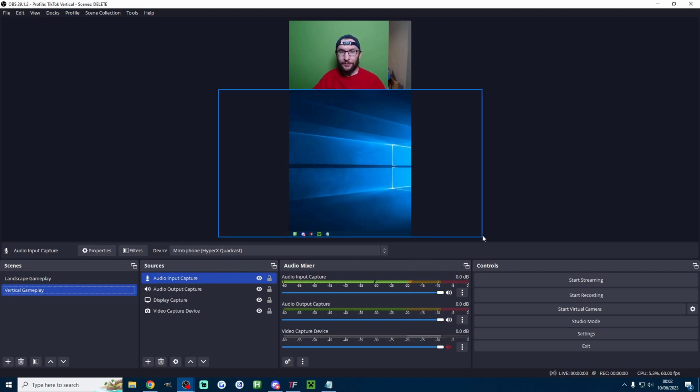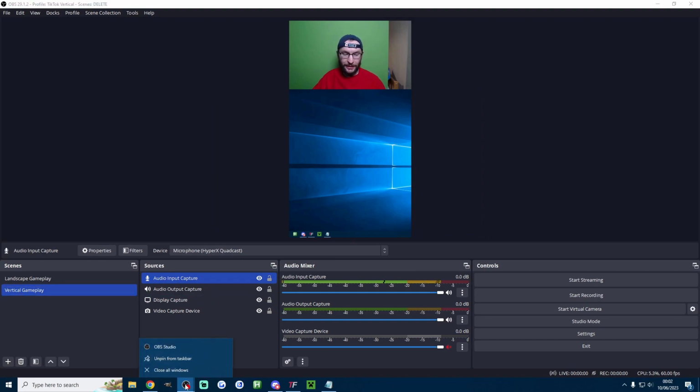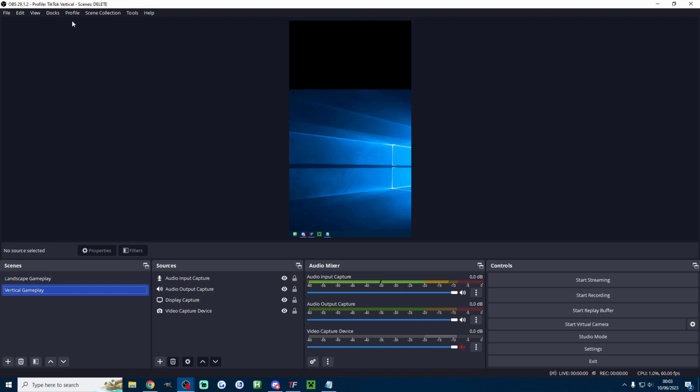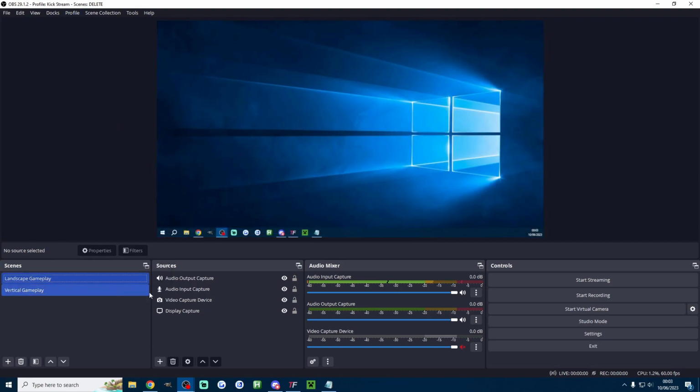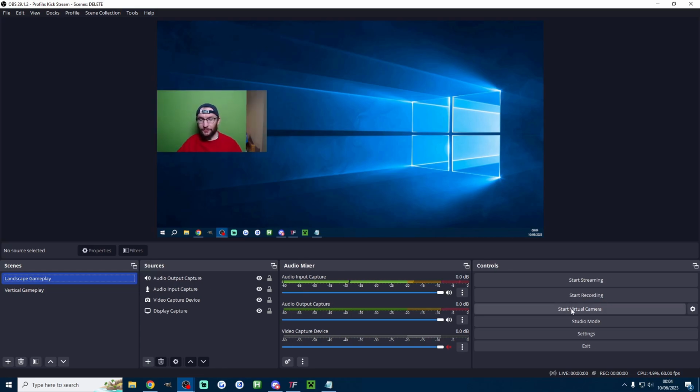Once you've got landscape and vertical scenes set up, it's just a matter of right-clicking OBS, clicking on OBS Studio, launching anyway, and then just find whatever profile you want. Let's go back to the Kick profile, click on the correct landscape gameplay. As you can see, we have lost our webcam. There's a few different ways around this. You could either use a second webcam that you've got, or just head back to your first version of OBS that you open,